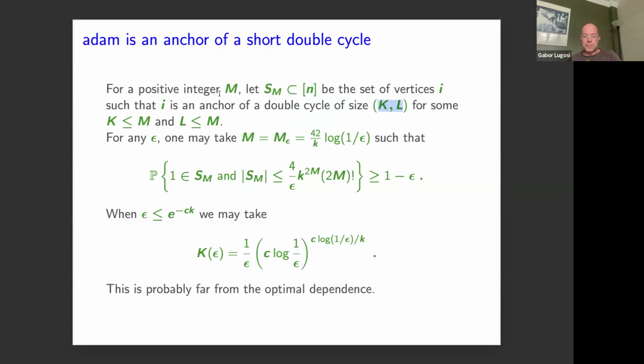We look at a parameter m, which we will choose to be something like log 1 over epsilon divided by k. Remember, k is the parameter of the model, the number of parents of each vertex. So this is m, and now we count, for each vertex, how many double cycles there are such that the length of both cycles is at most m. Then we can show that if we choose m this way, the root vertex will